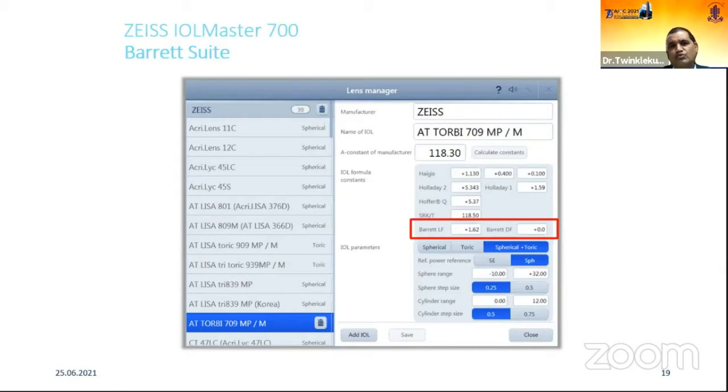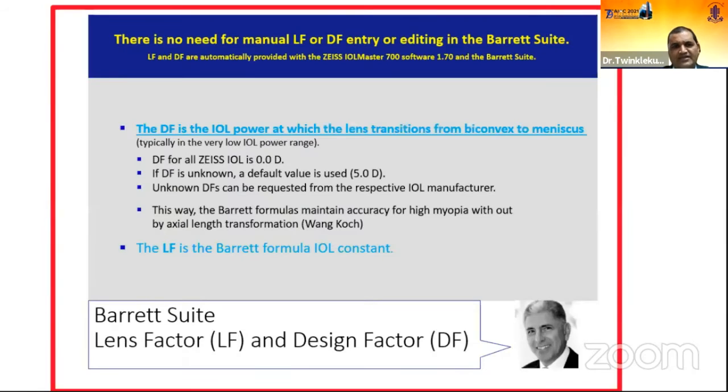We have to understand these two constants. That's why I have kept this slide. Now Barrett has two constants: one is the LF value and one is the DF value. The LF value is the Barrett formula IOL constant, like the SRK/T A constant which we are using. But DF is a constant which applies when the lens transitions from a biconvex to a meniscus lens, which I